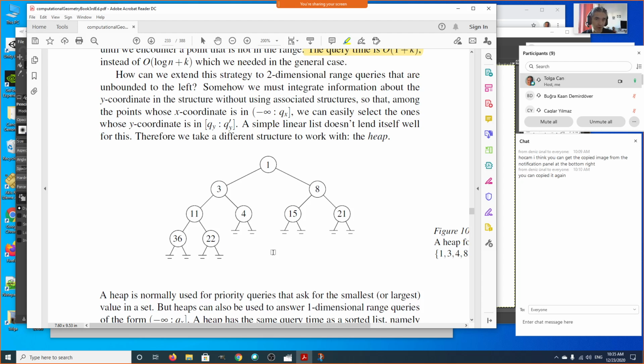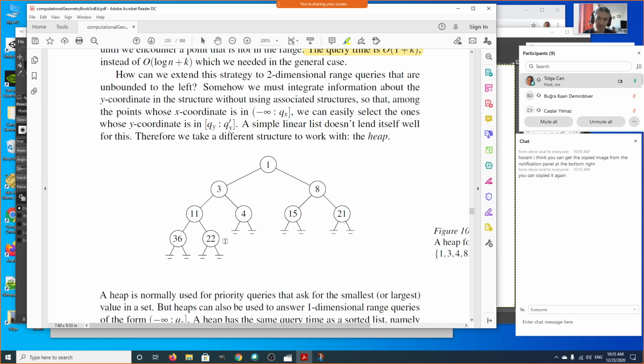queries from minus infinity to qx. Now we also have the y coordinate limit, which is from y to y prime. We have two-dimensional points actually. This is a one-dimensional heap. When we have 2D points and we also want to do binary search on this, how are we going to perform such queries? We are going to combine the heap with the binary search tree structure,